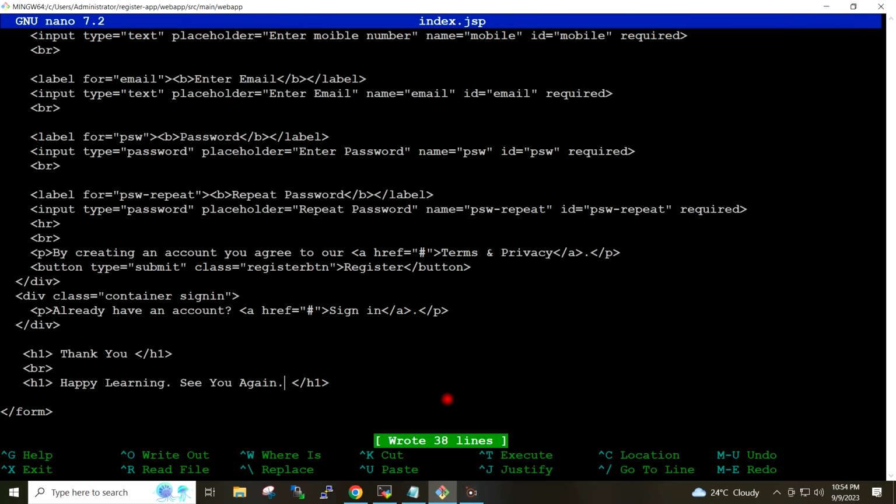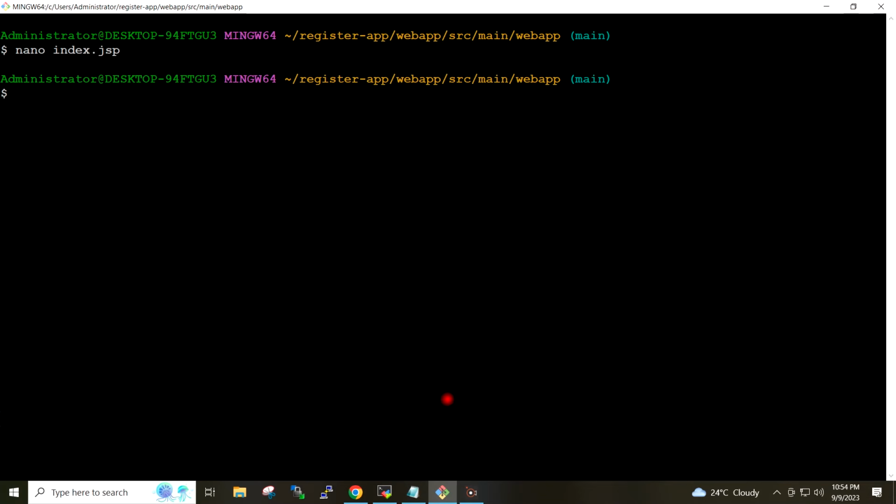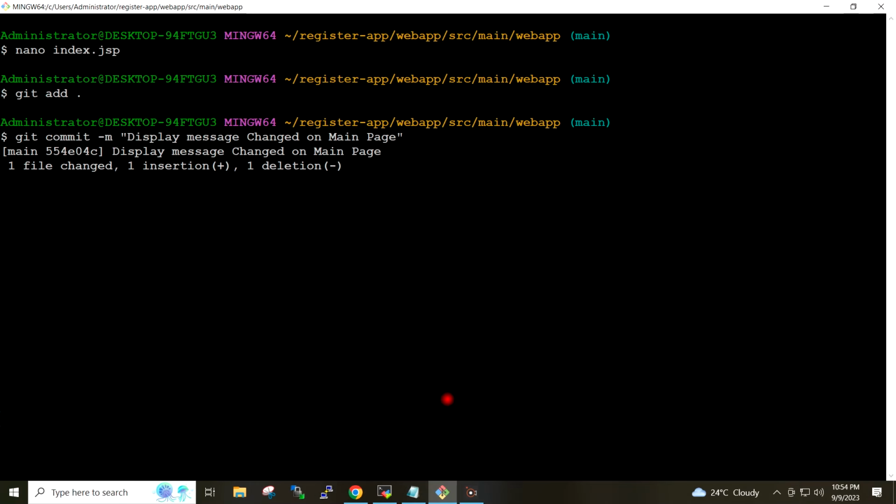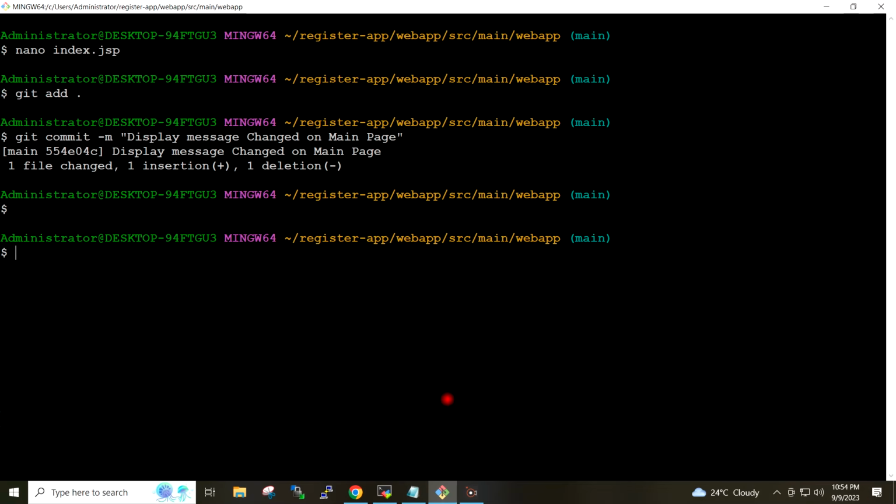I will save this file. I will push the changes to the remote repository.